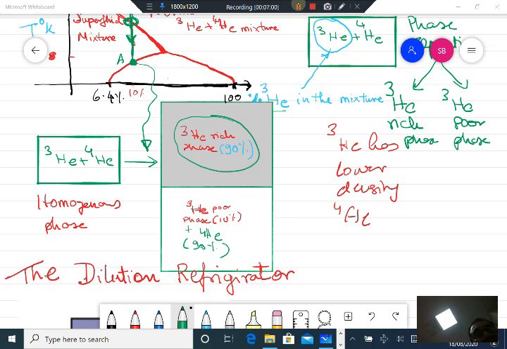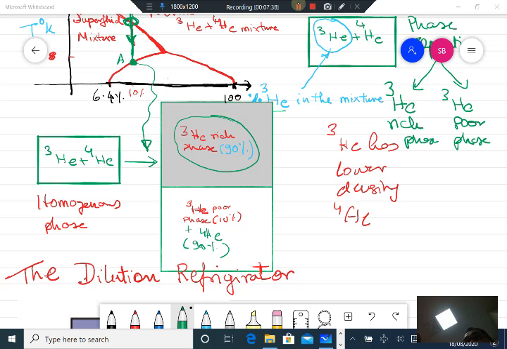And this temperature is actually much lower than 0.8 Kelvin. For example, at this point you could be below 0.8 Kelvin. Depending on how much helium-3 you have mixed in helium-4, this point A can shift. The minimum amount of helium-3 that you can have in the poor phase, mixed in helium-4, is 6.4% of the liquid being helium-3, with the remaining 93.6% helium-4. This is the minimum that you can achieve as per the phase diagram.